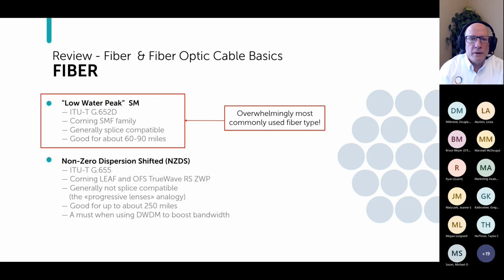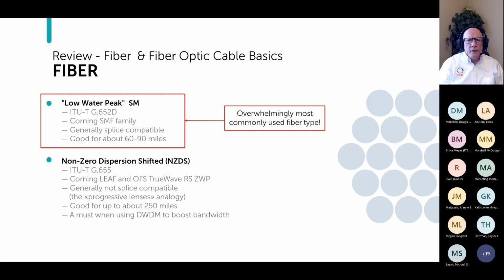So you can splice the Corning SMF-28, currently SMF-28 Ultra, which is Corning's flagship fiber in this category, directly to OFS AllWave, and they're going to work fine. Corning is going to have their reasons why they think their fiber is a little bit better than OFS, and OFS is going to have their reasons why they think their fiber is a little bit better. Me as a cable vendor, I can tell you that they're both good. And again, the big takeaway from this is the fact that they're splice compatible, so you could use them together